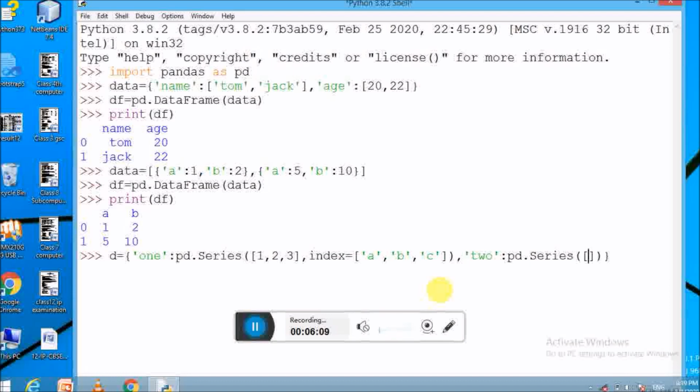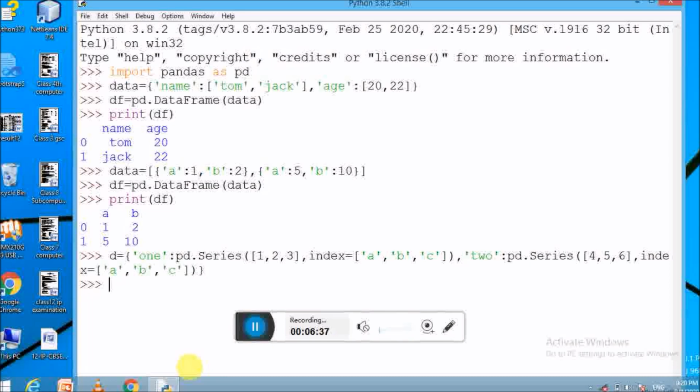Here I use 4, 5, 6, and now to provide the index, type index is equal to, and inside the square brackets we pass the index a, b, c. Now press the enter button. So the dictionary of series is created.